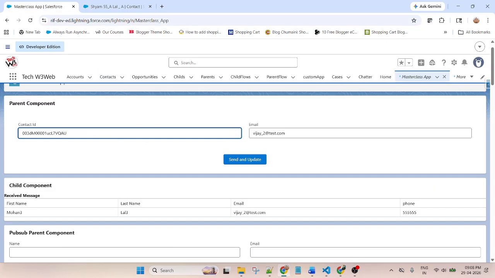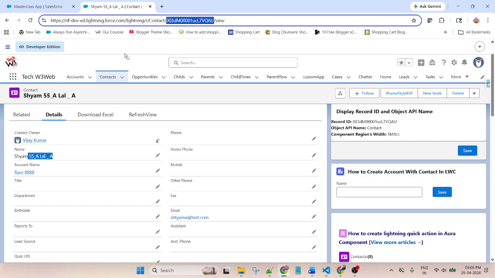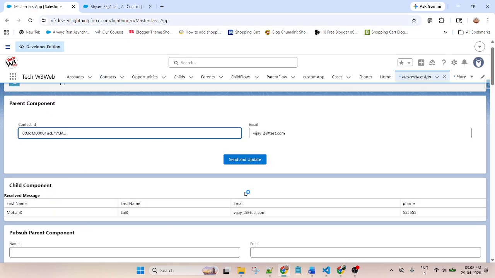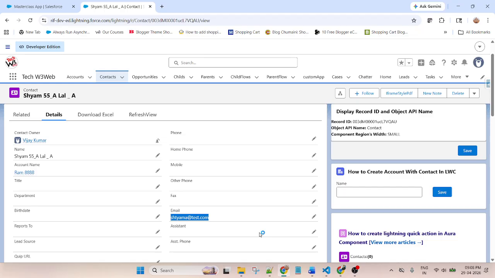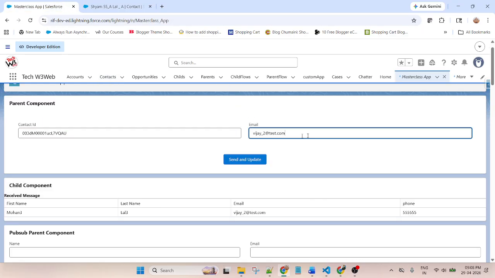Now I want to fetch this contact detail into the component and also update the email ID through LMS. So this is a copy of Shyam's existing email ID. Now let's update it to Ram_11, a unique name so that I can identify it easily.